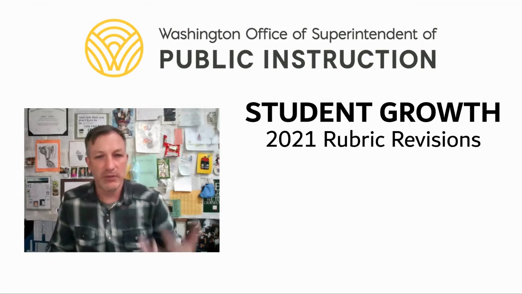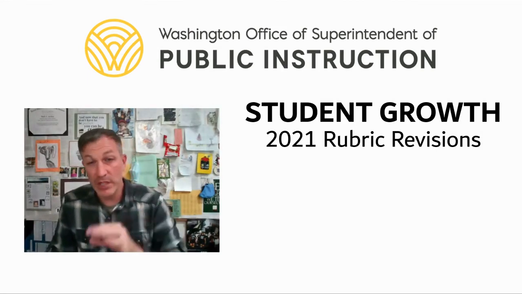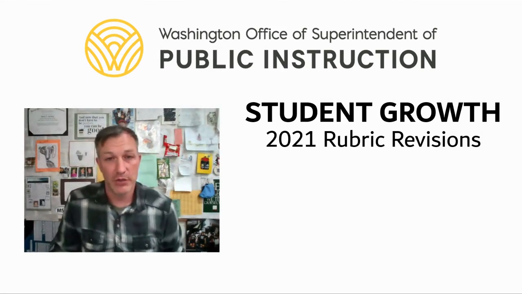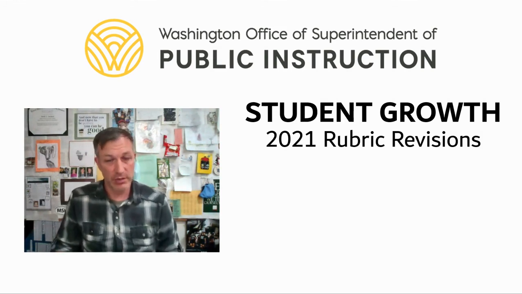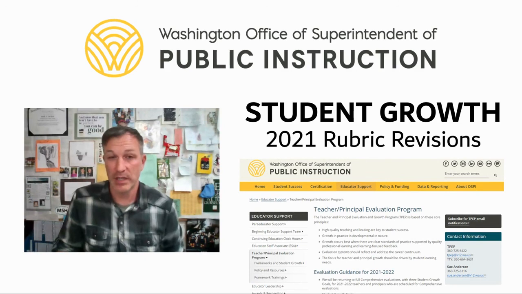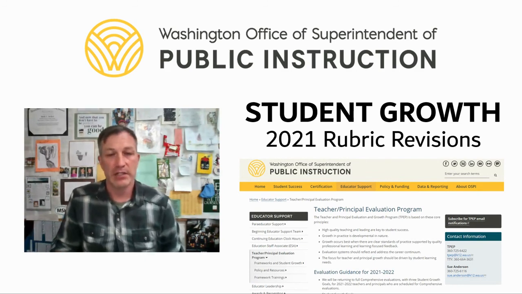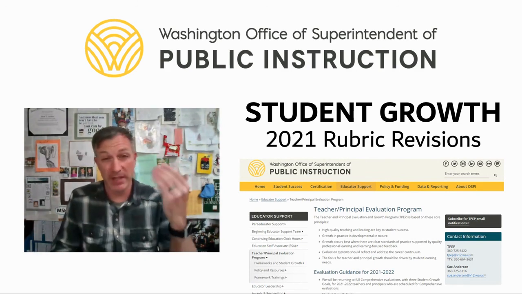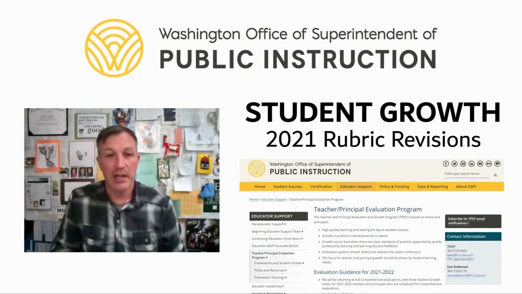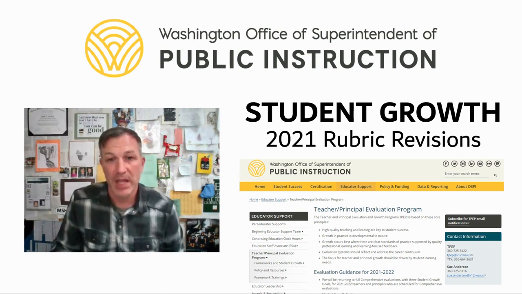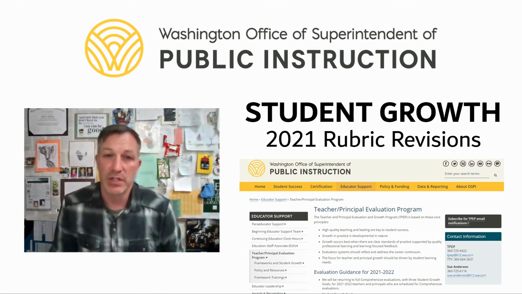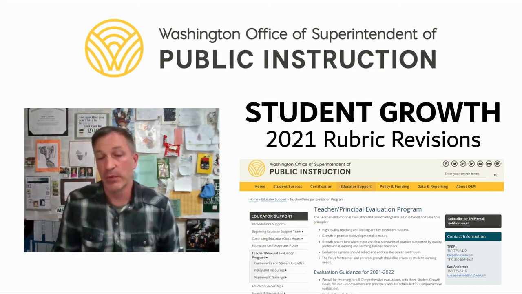So this video gave you kind of an overview, hopefully, of the point twos, the outcomes of our student growth rubric revisions. If you have any questions or if you need additional resources, do remember that the OSPI website is the first place to go to try to find the documents, to find the guidance, to find definitions, to find the links to the policy and statute that drives this, because this is rooted in statewide legislation. And down there in the corner, of course, there is the contact information if you do have some pressing questions